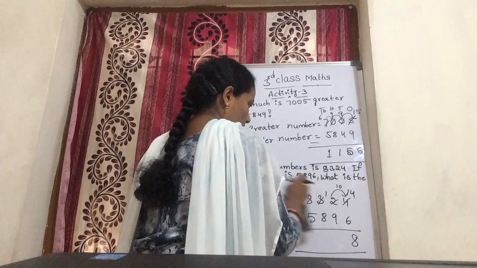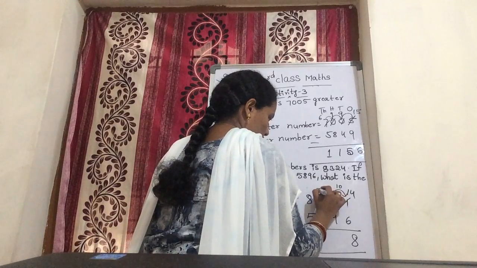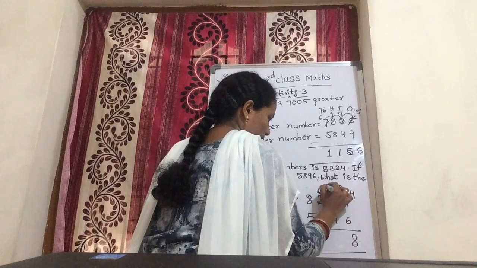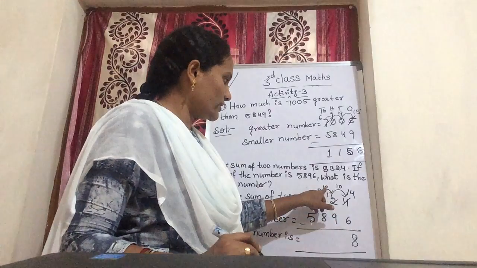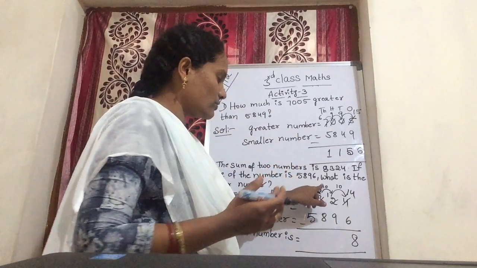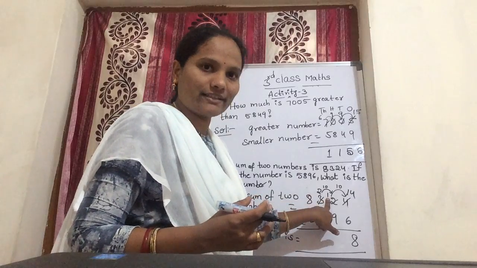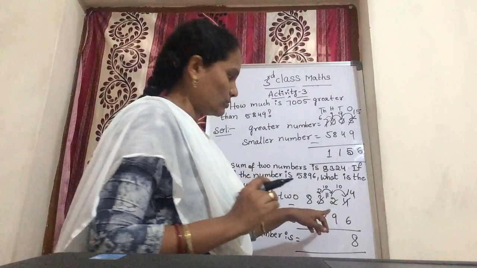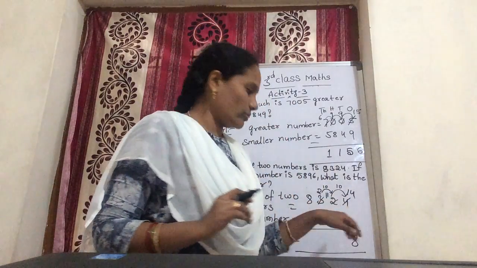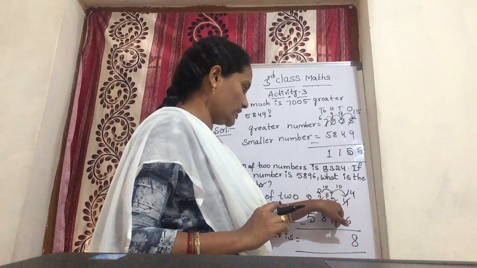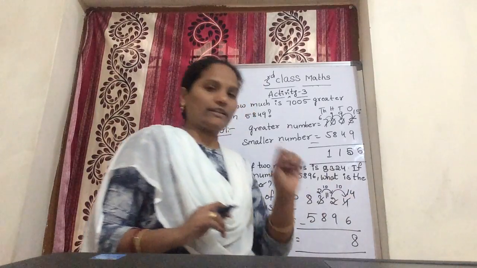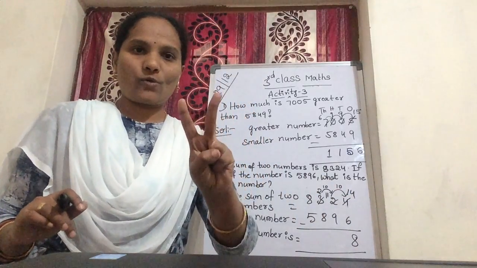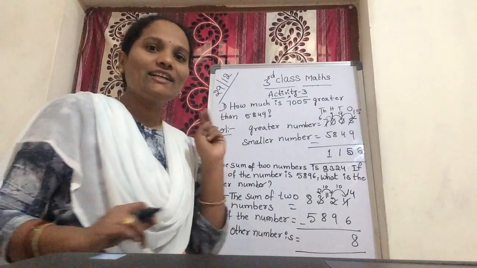How much am I here? 2. So how much you taking borrowing? 10. Again you are taking 10. Now you bring 10, and here 1 is there already. So 10 plus 1, 11. 10 plus 1, 11. Now 11 minus 9. So you are counting again 9 after 10 and 11, to reach 11. So how much? 2. 11 minus 9 is 2.